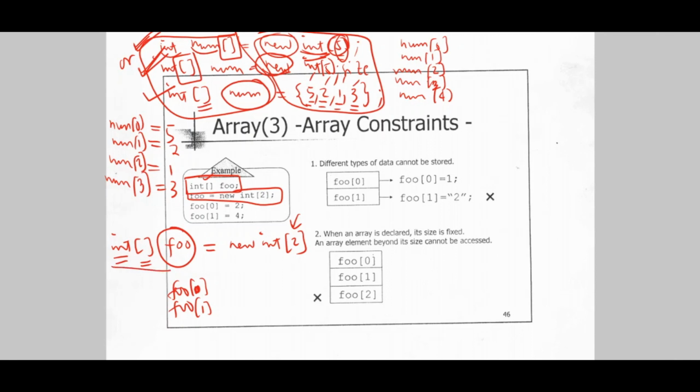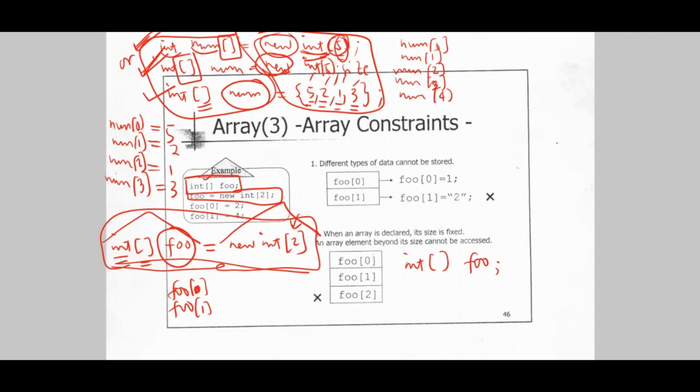Now, instead of us writing it this way, in one line, the 2 parts, the first part, declaration of the array, and the second part, the memory allocation of the array, instead of us having the 2 parts in one line, you could actually separate them. So you could write it this way. Int, you declare the array foo, whose elements are integer type, and then the second part, which is this, will